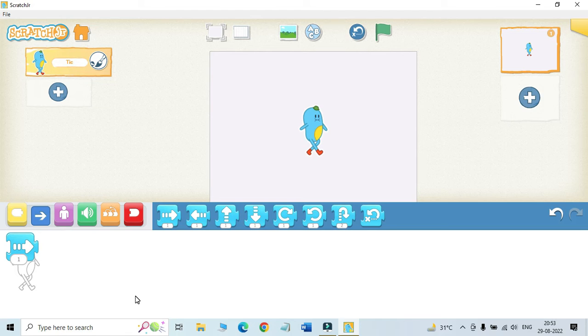Then click on the number written in the move right block. Here it is the number written. You can change the number written in the move right block. So I am selecting here 4, and you can see the reflection here. The number is now 4. We have to select it first, then select